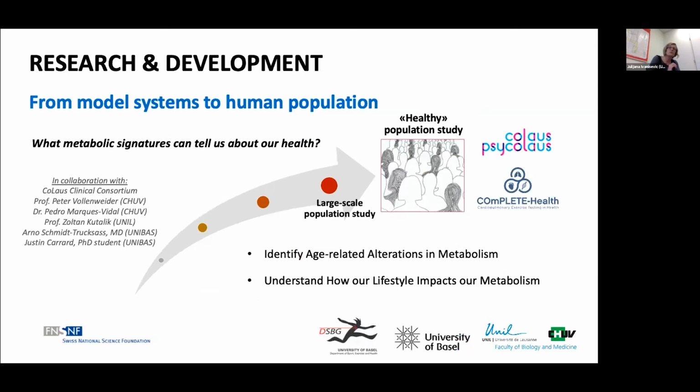On top of this, we are also involved in two big population studies, here in Lausanne and in Bâle, the Colaus and the Complete Health and the Heart study. These are really large-scale population studies, prospective studies, so longitudinal studies, with which we are trying to understand how the metabolic signatures can help us to predict the health outcomes, and then hopefully serve as a tool to prevent the onset and progression of